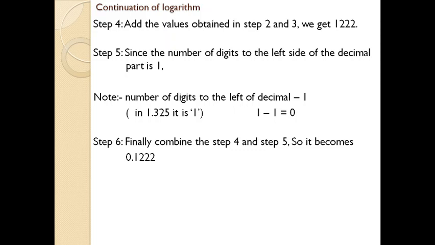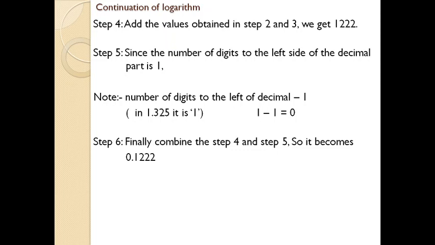I hope you understand the concept. Today we are dealing with only the logarithm concept. Just go through it. It's important because there is no special area for studying logarithm. We only deal with logarithm in some cases where we use the log concept. In all those cases, you need to learn how to find the log of a certain number.